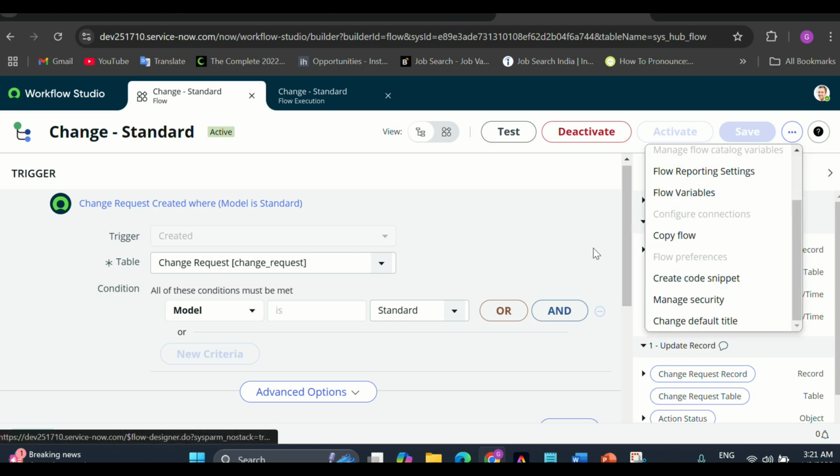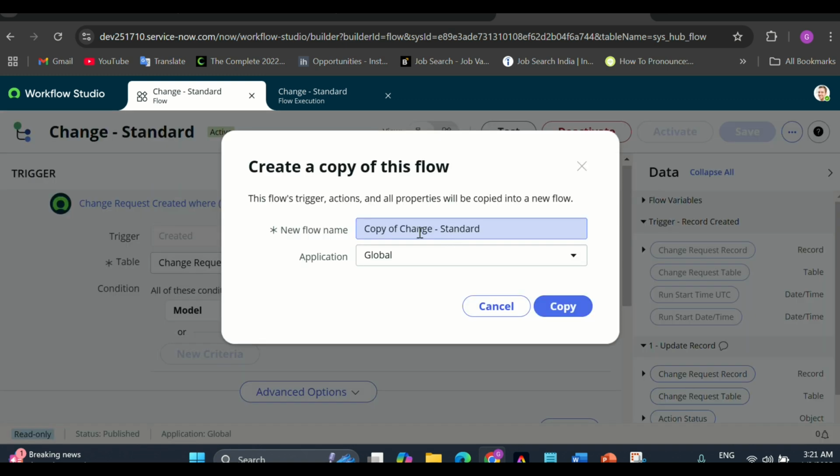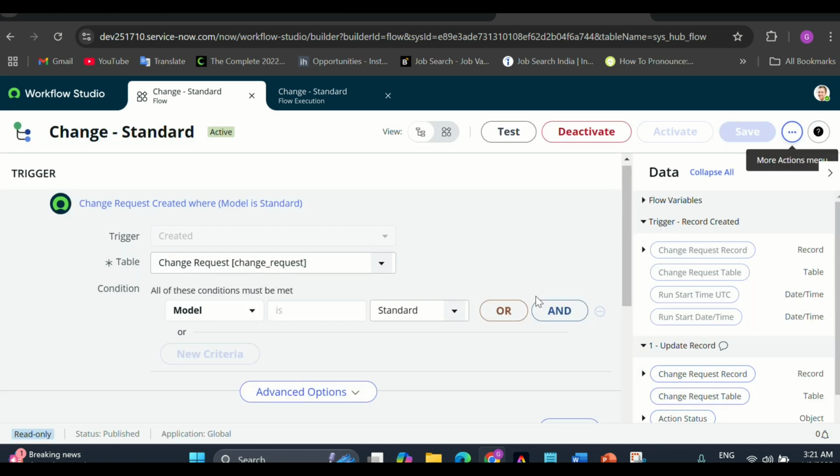This is called the menu of the flow, and if you want to copy this same flow, just click on copy flow, and it will give a copy of that, the copy of the change standard. If you want to copy, then click on copy, otherwise you can cancel. Now what are the trigger conditions, as you can see now,